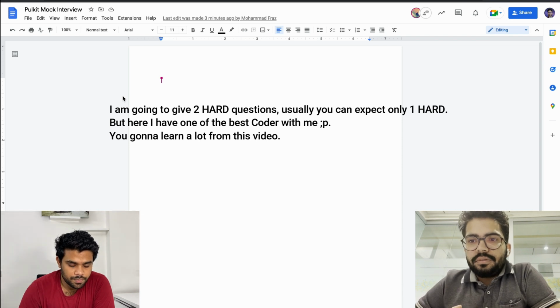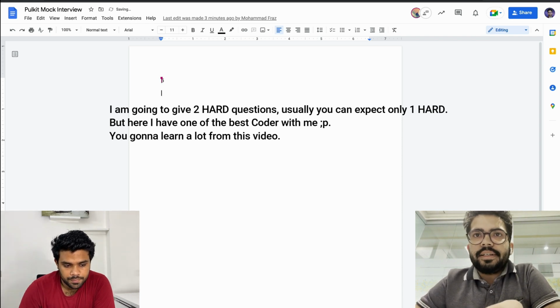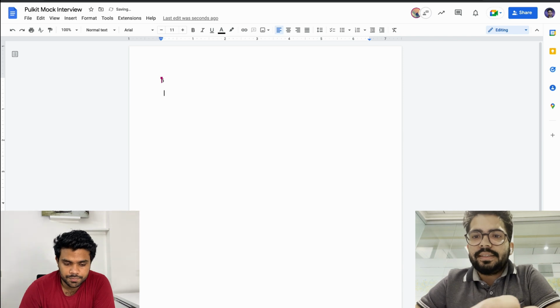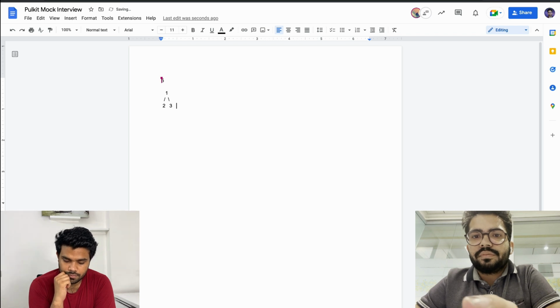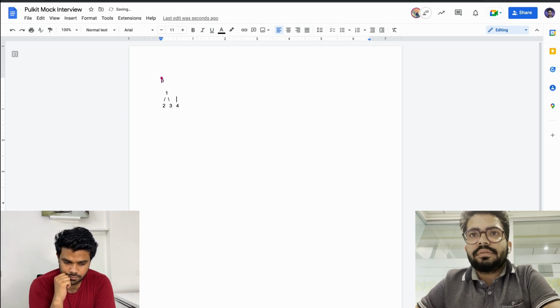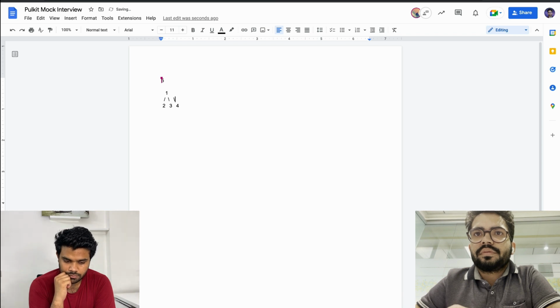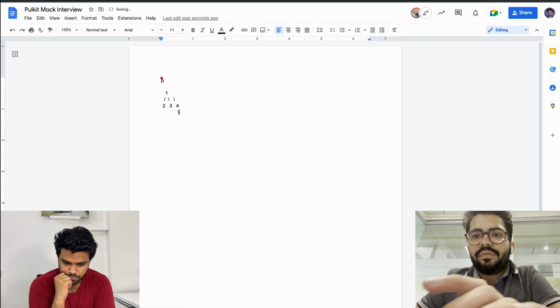Cool. So, for example, let's say we have five nodes, and let's say the tree looks like one, then we have two, three, and four, and let's say we have five.